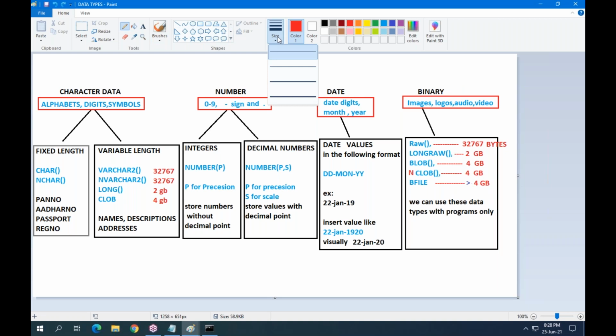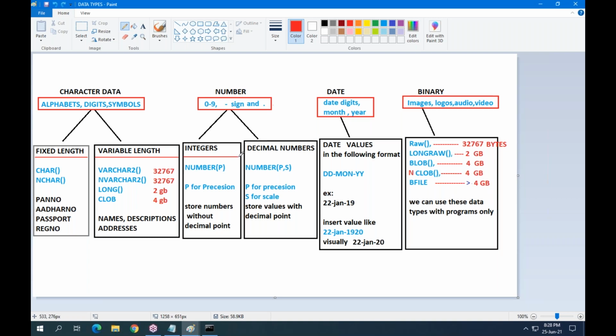Character data contains alphabets, digits, and symbols. Character data has 2 types: fixed length character values and variable length character values.